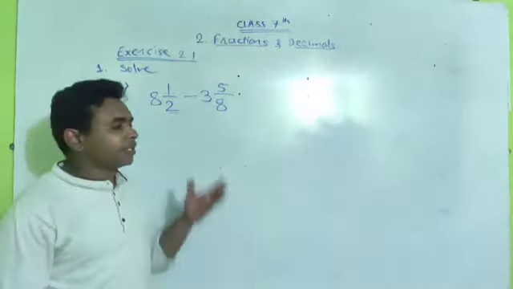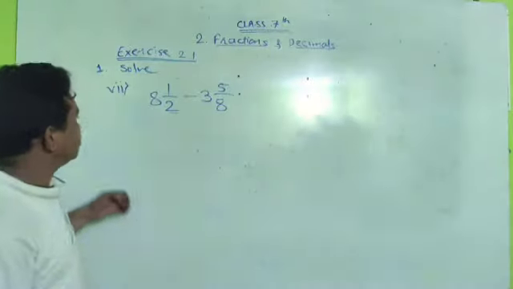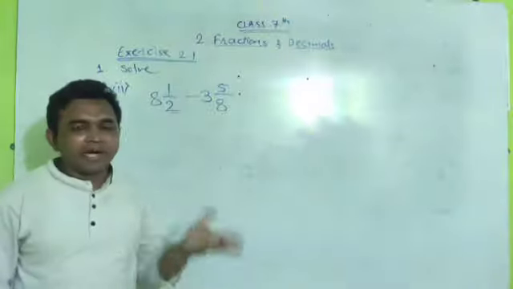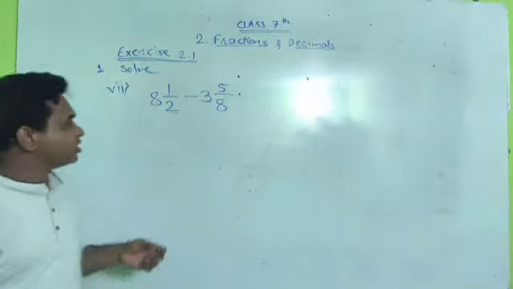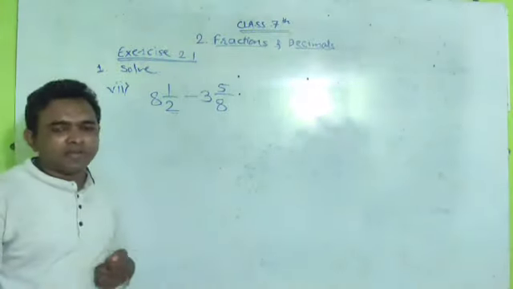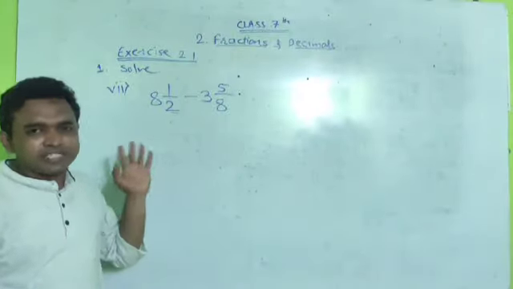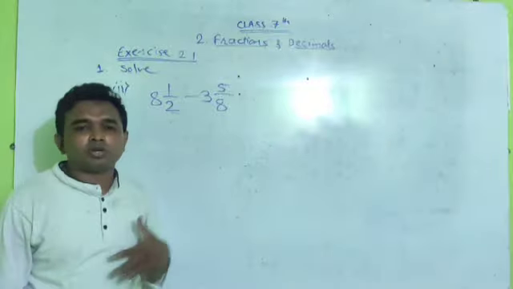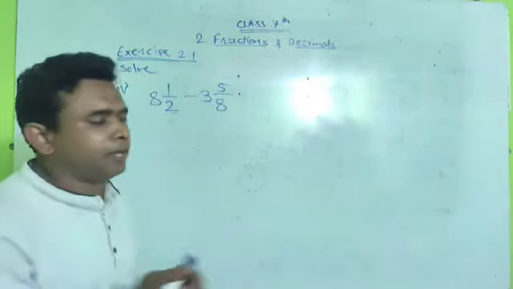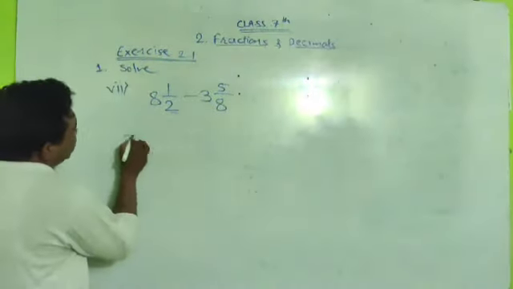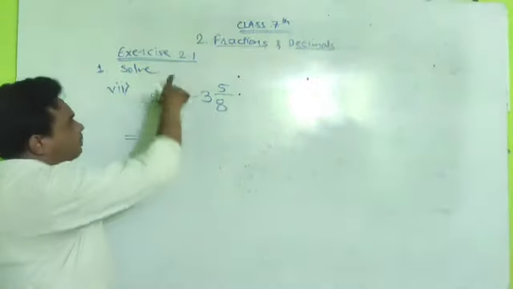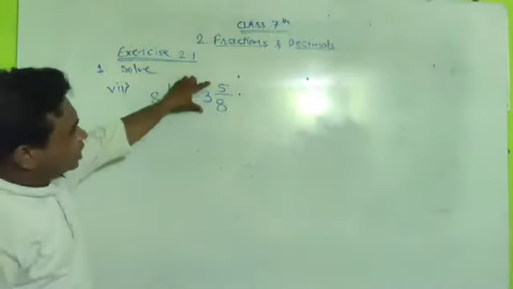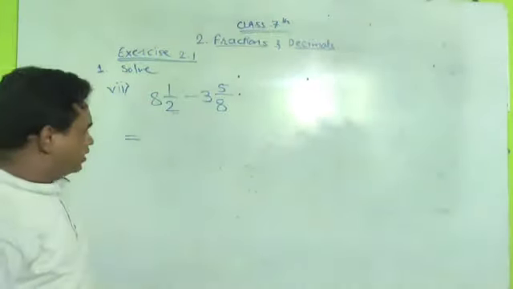Now students, after completing the 5th question, we move towards question number 7. So this is a different example, a different question, because here mixed fractions are given. We have to solve using similar steps, but here the mixed fractions are given. So our first step is to convert the mixed fraction into a simple fraction. Here the 8 is complete and 1 by 2 is an incomplete value. 8 is complete. Here 3 is complete and the ratio is 5 by 8.